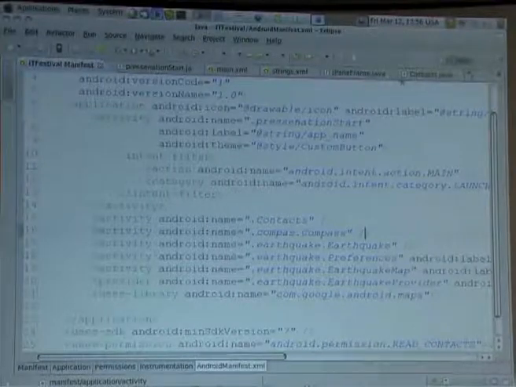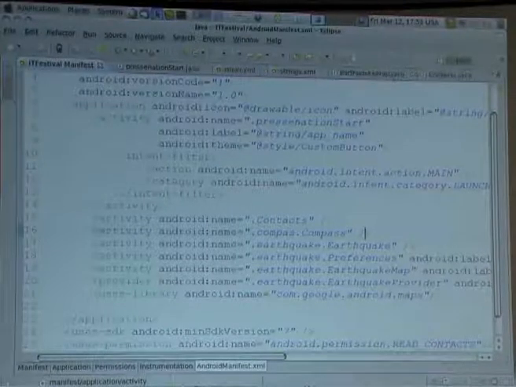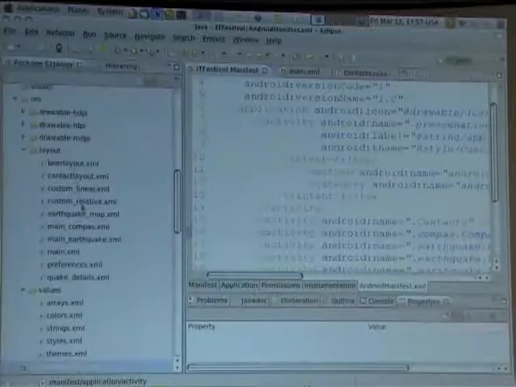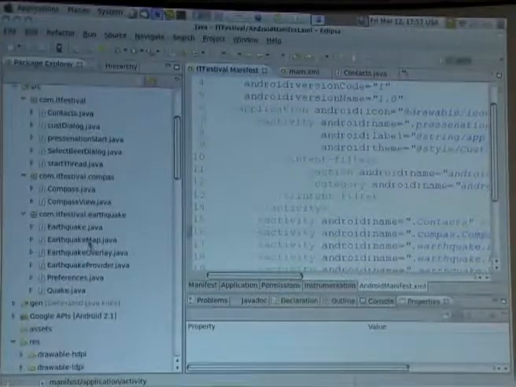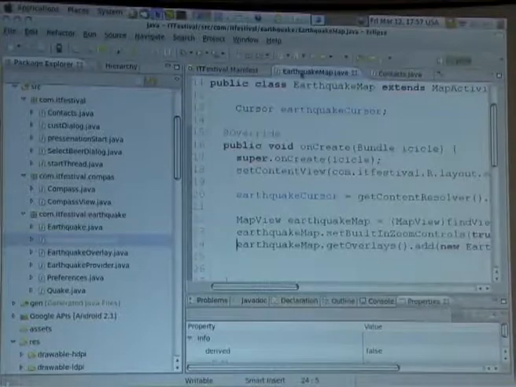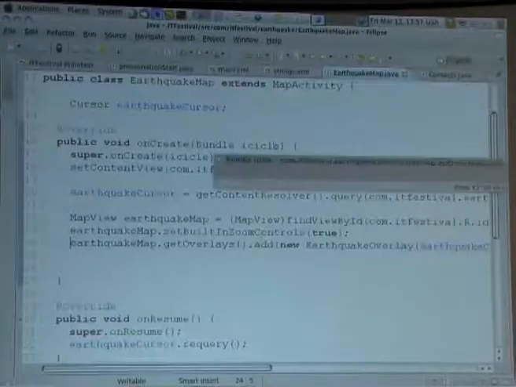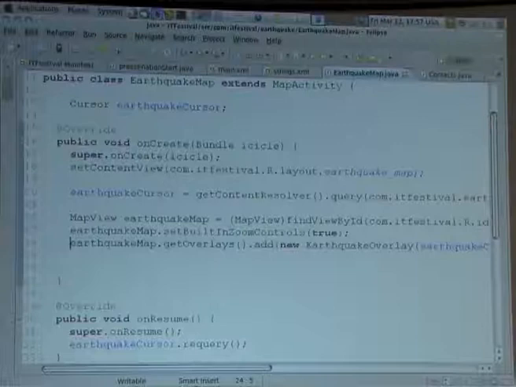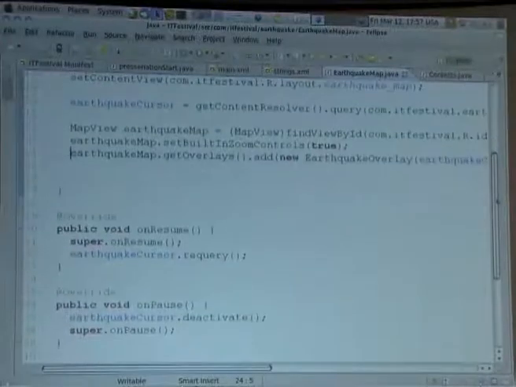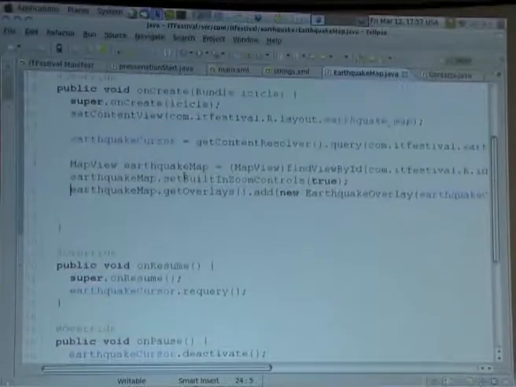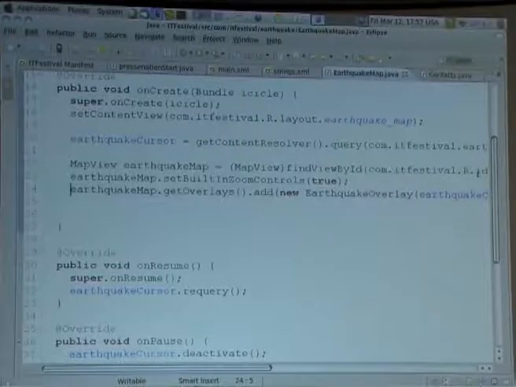I have to go to the appropriate class where I have defined the map activity. And here is the map activity. I have extended that map activity, and here again, I defined this is the layout, how it is displayed to me, and also what earthquake is going to be displayed here, and how.